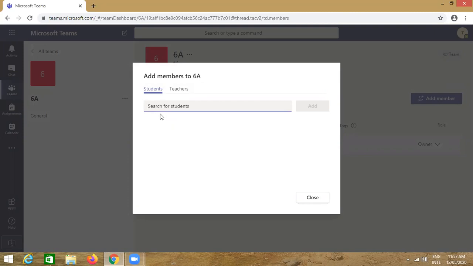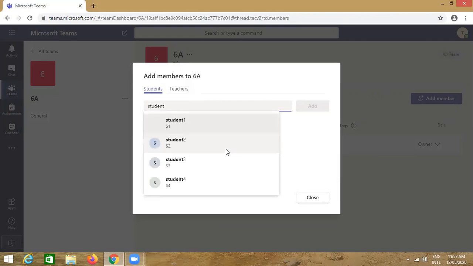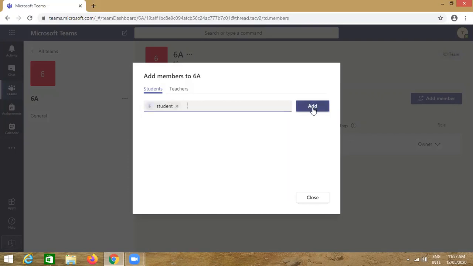For S1 student, just write S1 and select. Okay, the student has come. So now we will add this S1 student here. Click on add, or all students can be added at a time.